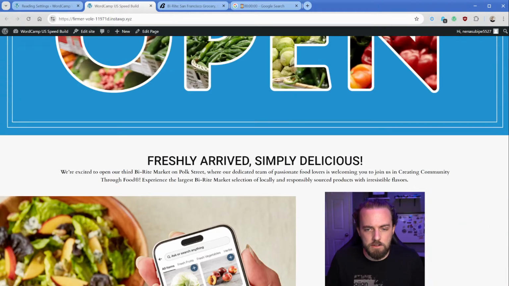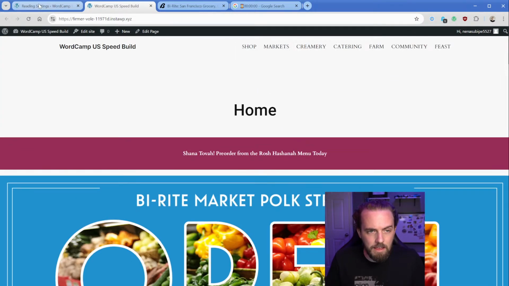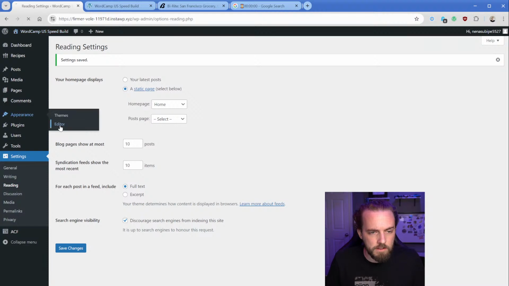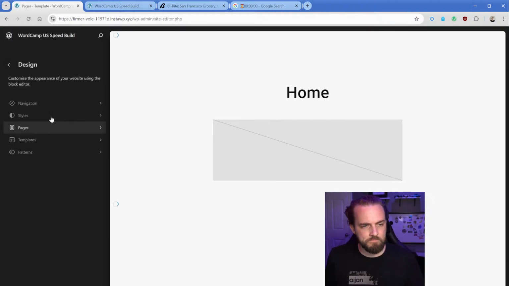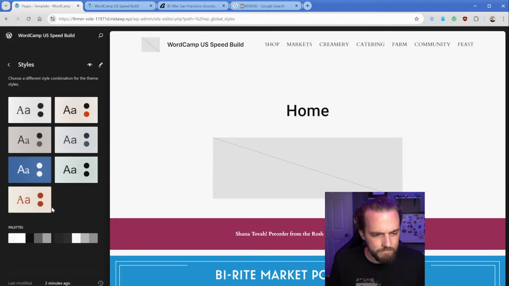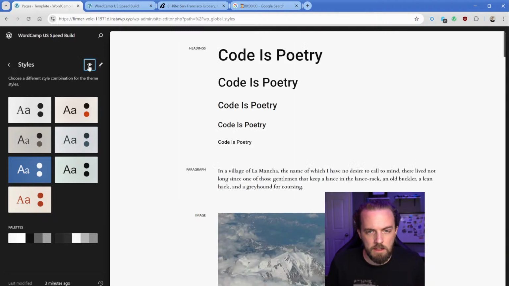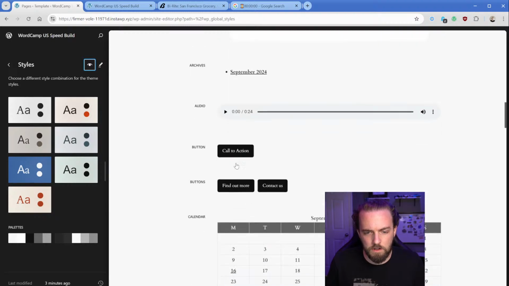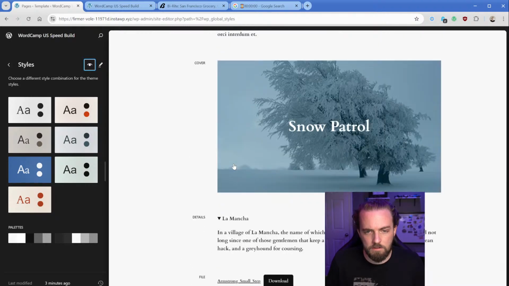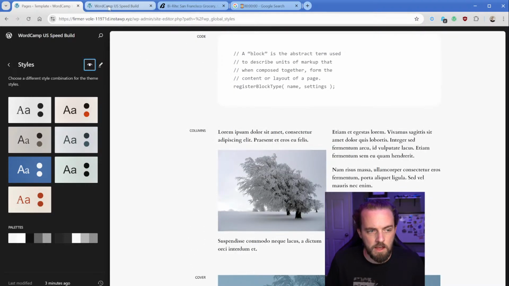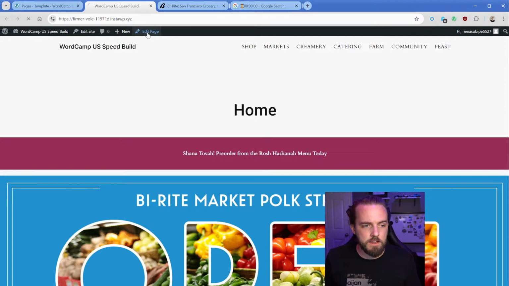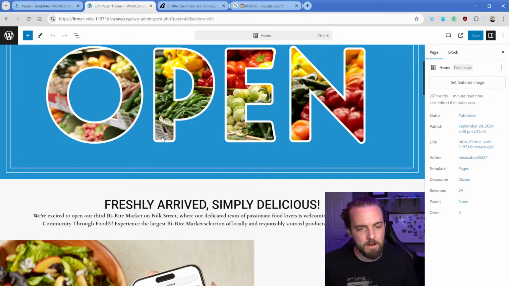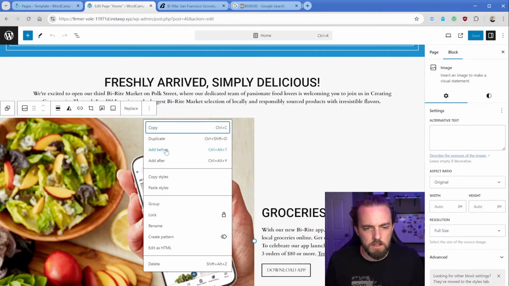I guess what I'm going to try to do real quick is figure out where that gap is coming from. Maybe if I dig around in the theme editor. What is this? Style book, gallery, list, quote, archive, audio. Nope, I don't want any of that, I don't think. I heard Brian on stage at WordCamp US talking about a cover block. So I wonder